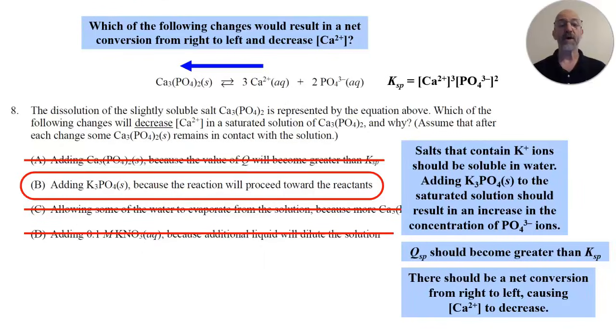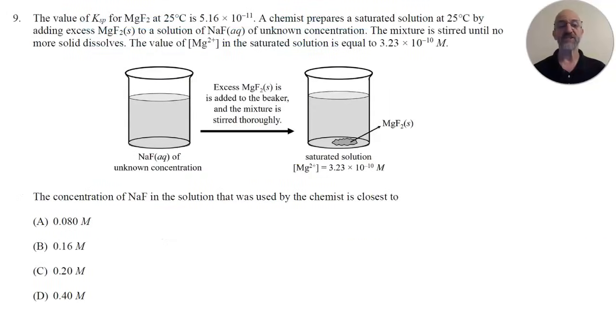All right, we have one more example of another situation involving the common ion effect. So topic 7.12, this is question 9. Question 9 says the following. The value of KSP for magnesium fluoride, or MgF2, at 25 degrees Celsius is 5.16 times 10 to the negative